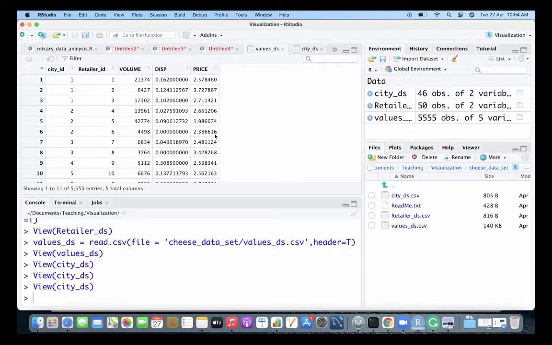At that time, if you really want to manage your disk space and RAM space, this is a good practice: look for the data where the values are repetitive, put these repetitive values into one small data set, and create an ID for each of the values. Typically it's called a key, or ID, or something like that.